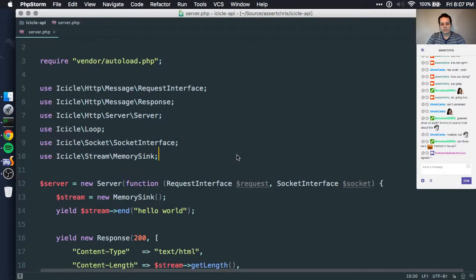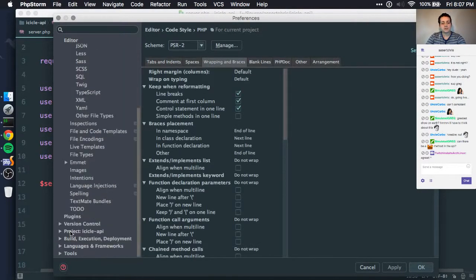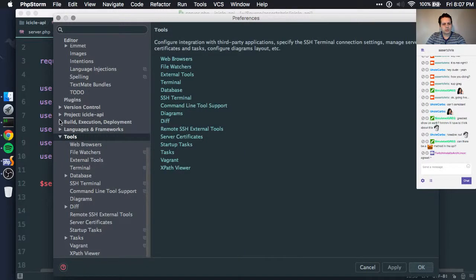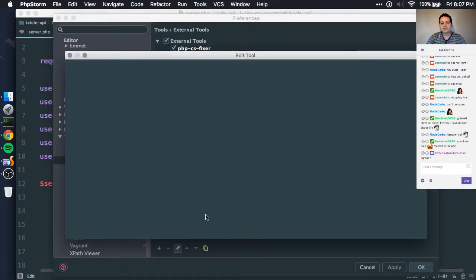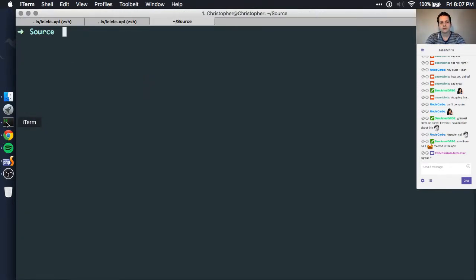I've also mapped another external tool. If I go to tools here, I'll just show you what this is, because it's kind of useful to me when I see other people's tools and work out what they're doing. Tools, external tools, and then I made one called PHP CS Fixer. And this plugs into the command line utility that I've got installed, PHP CS Fixer, which, if you're on a Mac, you can install through